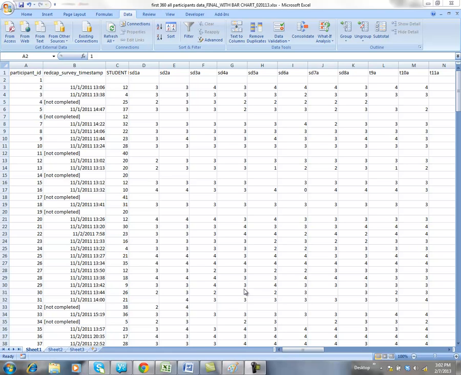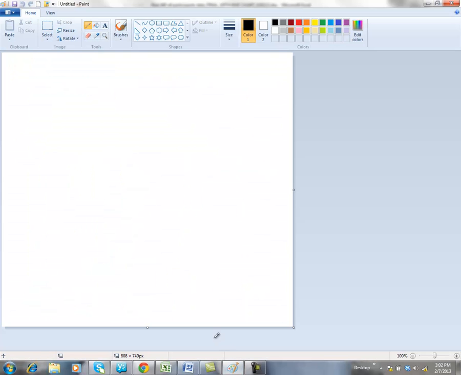Okay, so the question is, how can we analyze and present these data in ways that are parsimonious and meaningful? So let's say I wanted to show the reader how my scores ranged on this setting direction scale. So if we take this to the drawing board, I thought about, well,